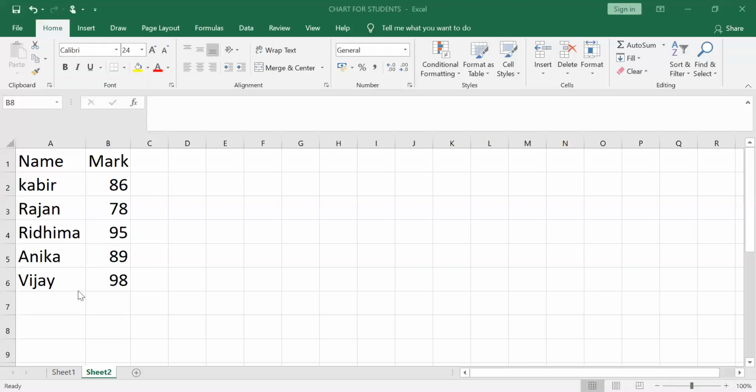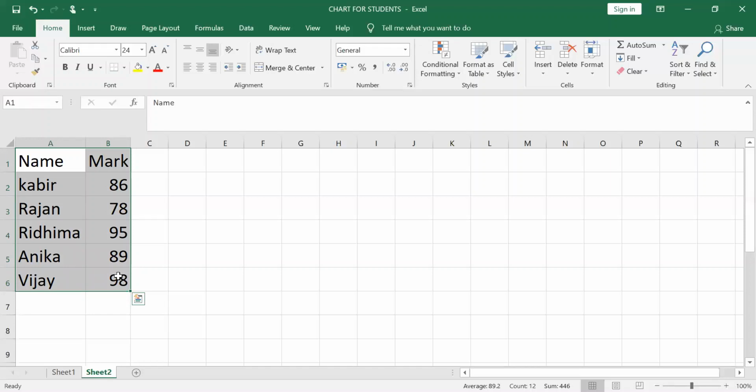First, all of you look at the sheet. You have to type the data. I typed in the first column, A, the name, and column B contains the marks. Remember, whenever you are creating a chart, first you should select the range of data. How to select, you all know: click and drag, or with the keyboard, Shift plus the left arrow and down arrow keys.